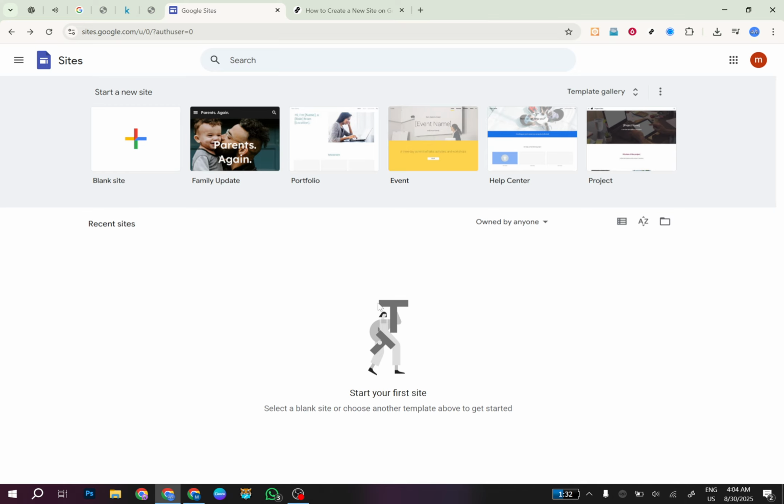To get started, open your preferred web browser and head over to Google Sites. Once you're logged into your Google account, you'll be taken to the Google Sites homepage. Here, you'll see a dashboard presenting you with a variety of templates and options. This is your starting point for creating a new site, and it's all set up to make navigation as intuitive